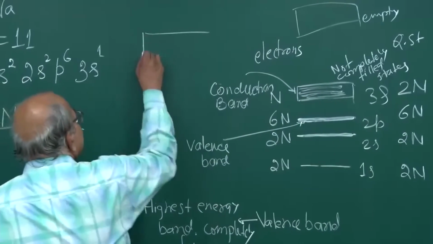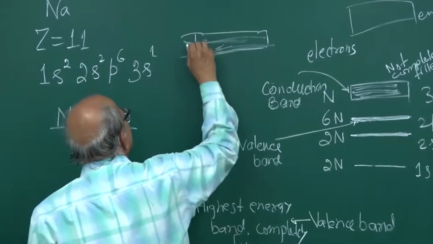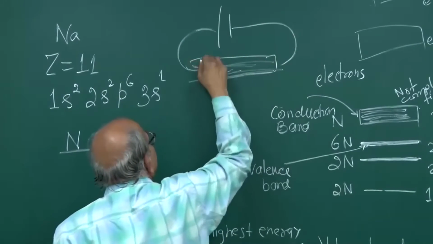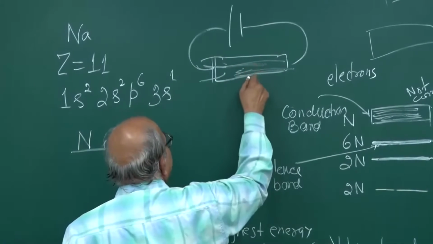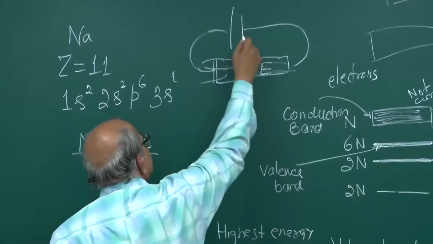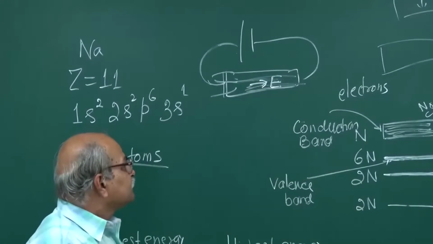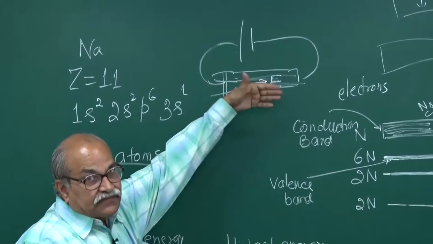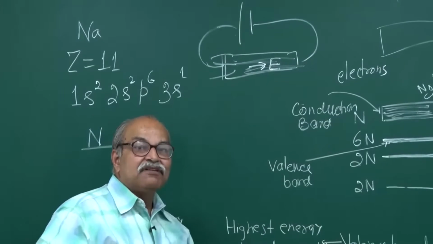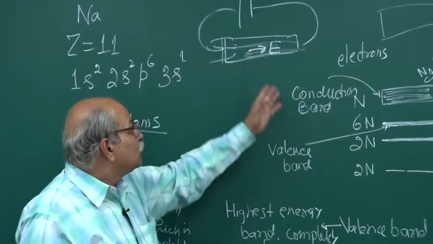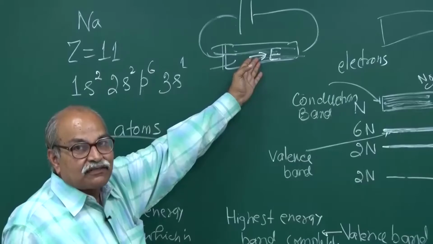So if you have this material, you can draw a wire of that, and then you can connect it to a battery. What will happen? Then you create an electric field here. Using this battery, an electric field is created, and this electric field drives the current. That means this electric field interacts with the electrons and tries to accelerate them, tries to give kinetic energy to them, and so this electric field is giving or trying to give some energy to the electrons.